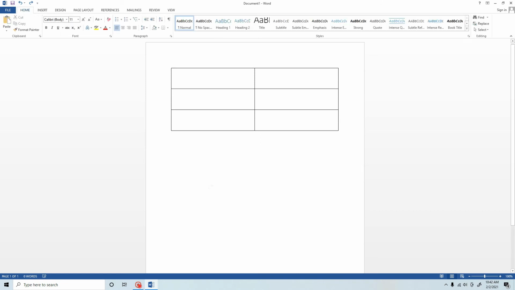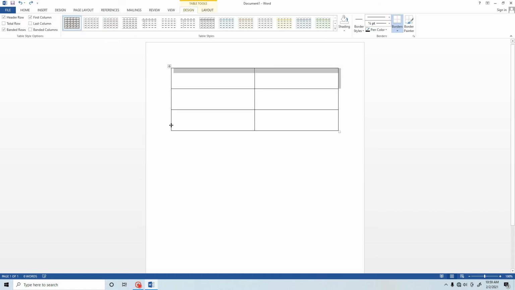The normal table is up here. So first of all, you want to select the entire table or cell. Okay, already we are selected. Then you click the Design tab in the Tables group. Which tab? Design tab. Yes, it's the Design tab in the Table Tools.